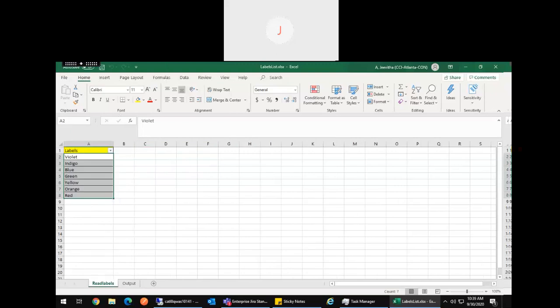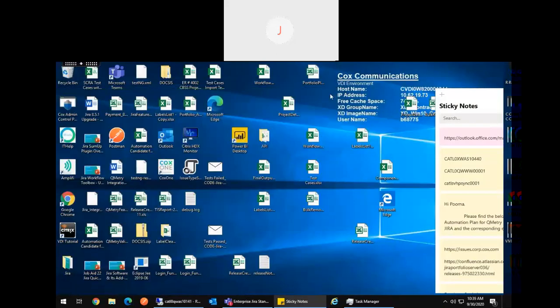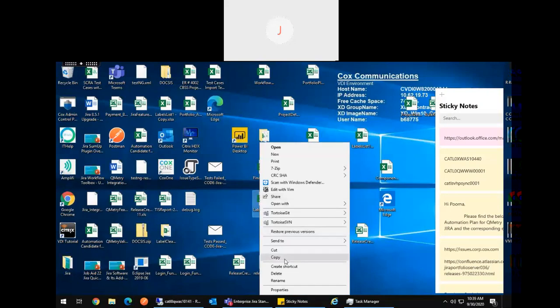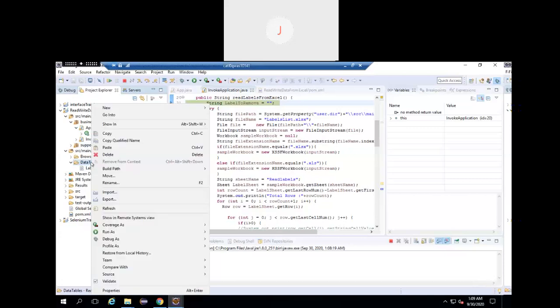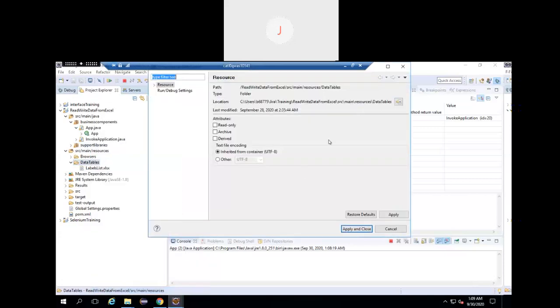So here, I have to give a file, right? So I'll just copy and paste it.